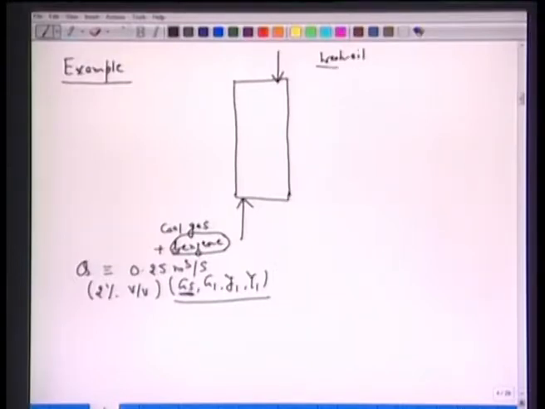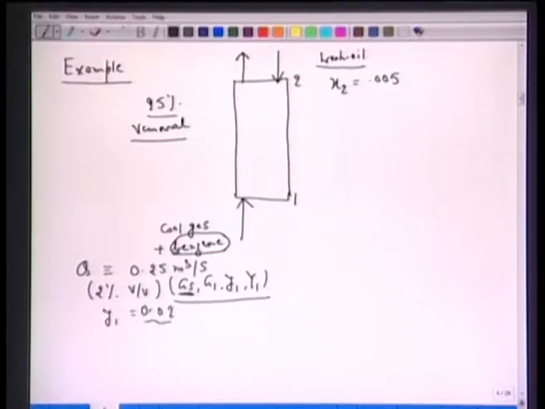Okay, and this wash oil is not pure. In other words, if this location is 2 and this is 1 here, it contains a small amount of benzene. So small x2 is given, the mole fraction is 0.005. Here is 2% volume by volume, so y1 in this phase is 0.02. Okay, and we have been told that 95% removal is required. So we want to reduce this concentration, starting with 0.02 mole fraction, by 95%.